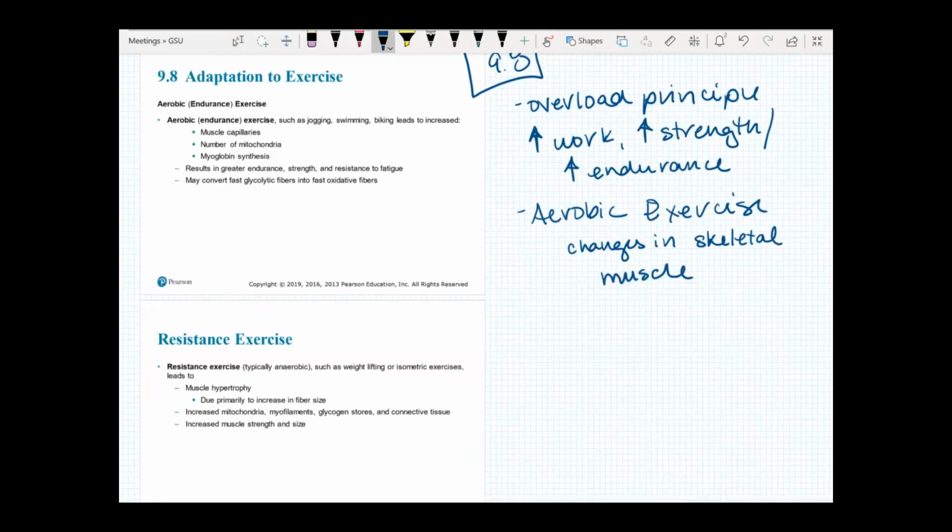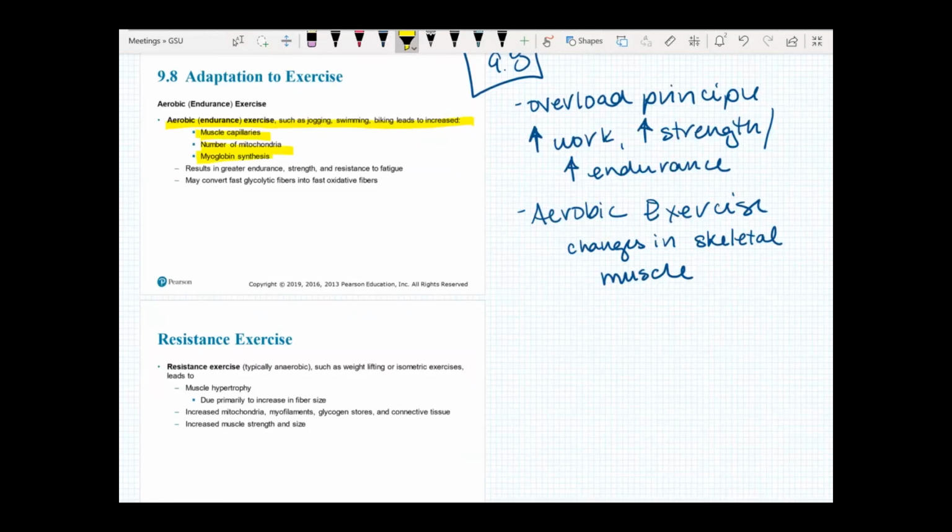So when you have aerobic or endurance exercise, you will actually change the skeletal muscle itself. This is going to be just jogging, swimming, taking a class at the gym, cycling, all of those pieces. What you will actually affect and change is you will increase the number of capillaries because you need more blood. You're going to increase the number of mitochondria because you're going to need to be able to synthesize that foundational ATP. And then you're going to need to create myoglobin,